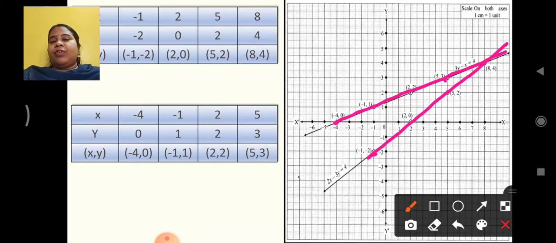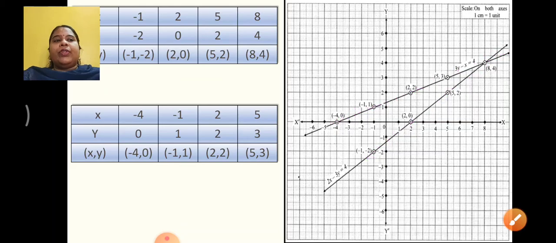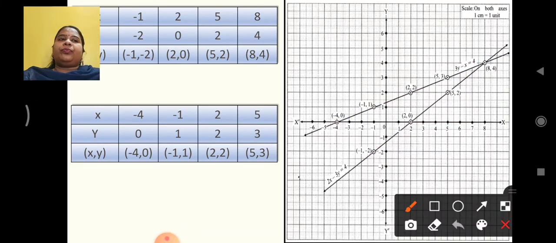If they are linear equations in two variables, they have to be straight lines. They have to be lines, right? And in the exam, it will intersect somewhere. If they are not parallel, if they are not looking parallel, it will intersect somewhere. So extend it and it will intersect at this point. Which point is that? It is 8, 4. Yes, so this is my point of intersection of these two lines. It means 8, 4 is the solution of it.